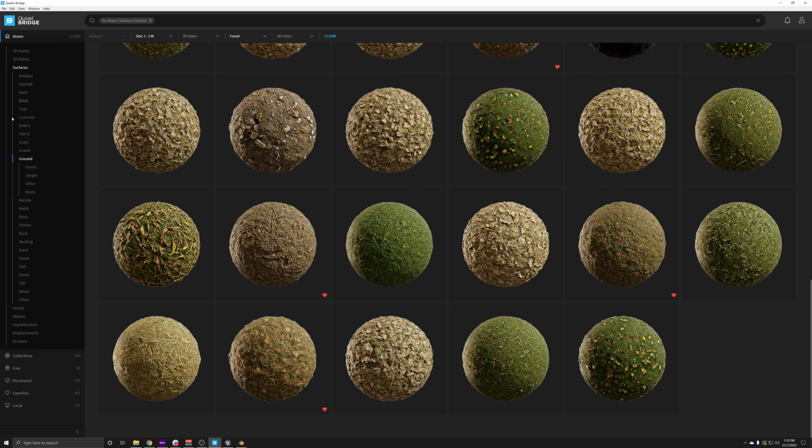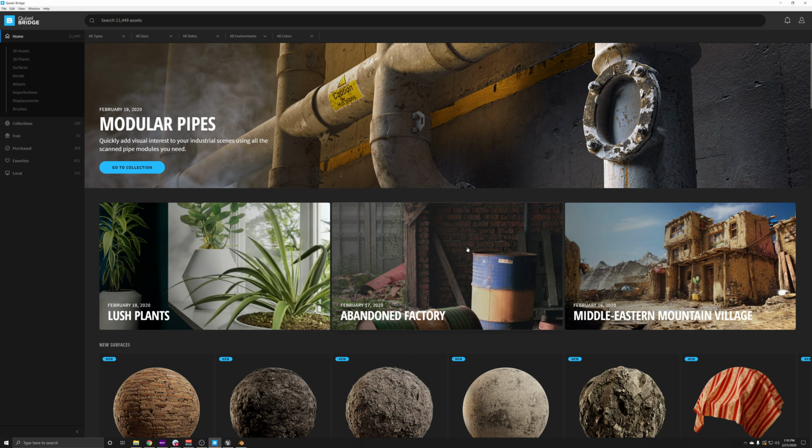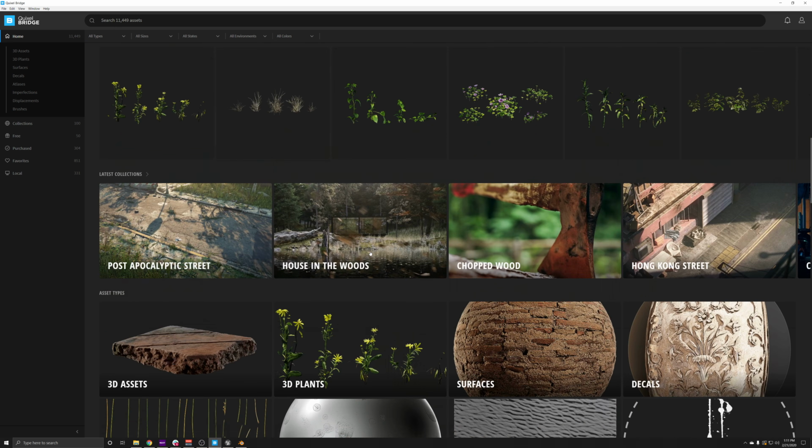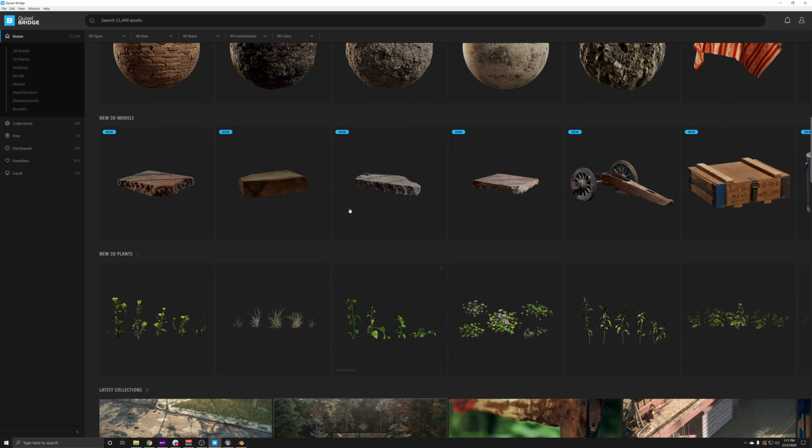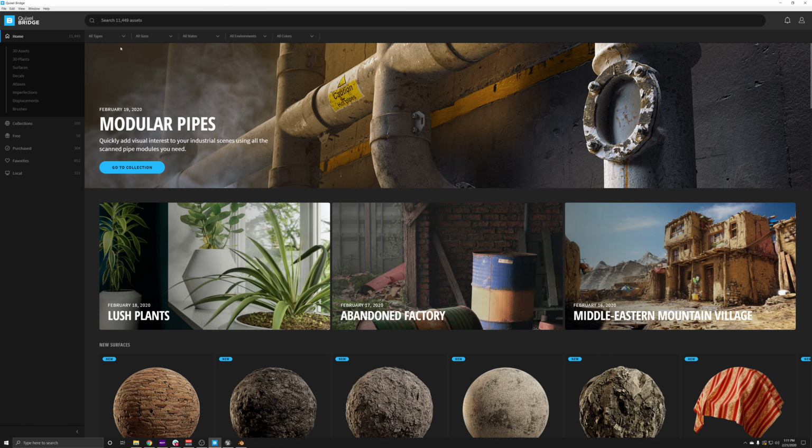If you don't want to have to go through the searching on the left toolbar, and let's go back to the home page, and if you don't want to have to go through the home page and search through all the different collections, but you want something just a little bit faster, there's 2 ways you can do that. One, you can just go straight to that bar we just talked about a second ago and select all types. Then you can start off your search by selecting what type of asset you want, and then proceed to filtering it from there.